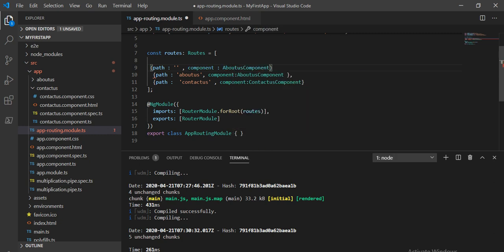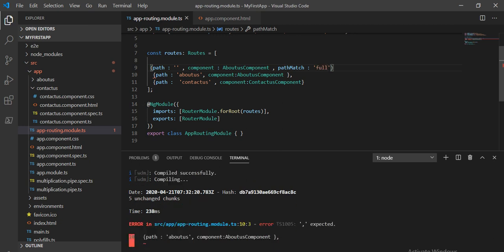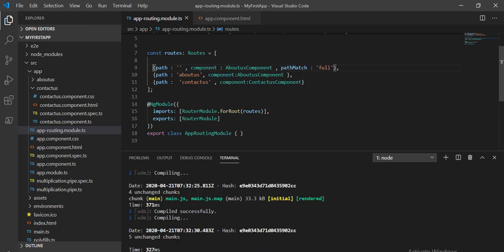Later we have to give the path match as full. What the application does is, when an Angular 8 application launches, it comes to the routing module, and in this routing module it first checks if any path is empty. If any path is empty, it takes it first and loads it the first time.